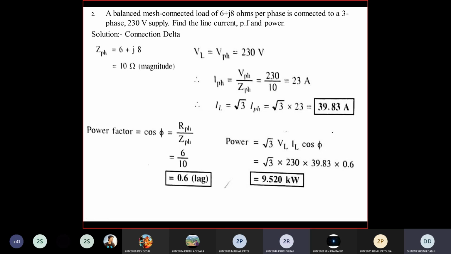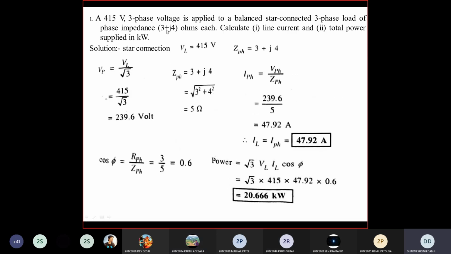Sir, how is R, I mean resistance, 6? Which resistance is given? You can see that. Your impedance is what? R plus jX. Yes or no? Z is what? R plus jX. X is what? XL minus XC. Clear? So R is what? That is nothing but 6. Same you can see in the last example also. Impedance is what? 3 plus j4. So that is R plus jX. So R is what? 3. So you can see that you take R equal to 3 here in cos phi.